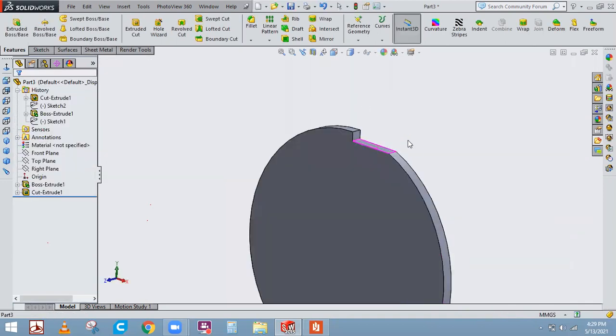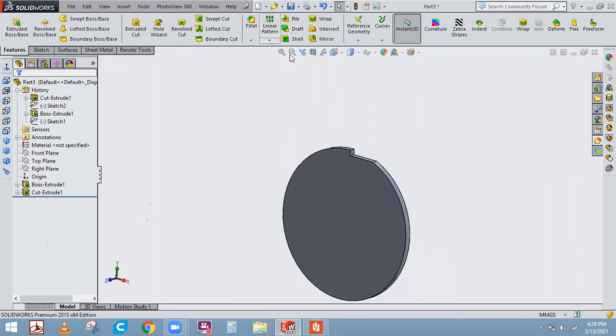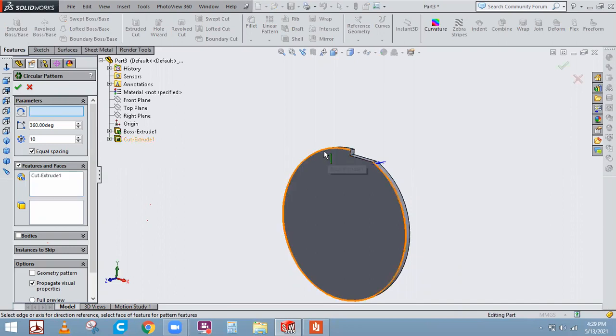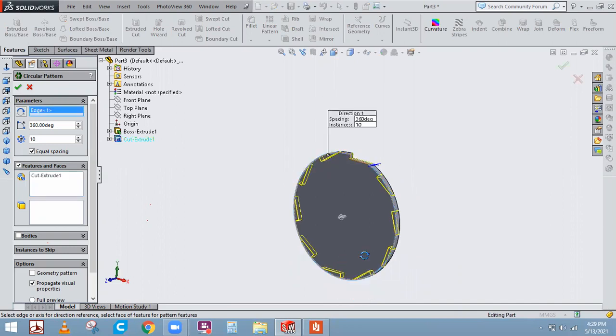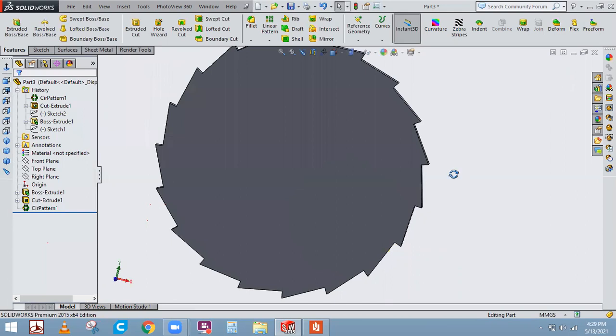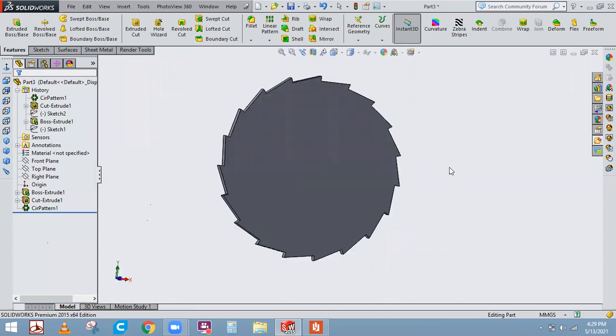Now I'll directly move to the circular pattern here. I have features to pattern. I'll come to this part navigating tree and select this extrude cut as my features to pattern. Then I'll select this circumference of the circle, and you can notice the cutting has been applied, right? Just increase the number of cuttings, and once you say okay to it, it will be cut in a circular pattern. Got it? Yes, sir. Or should I explain this thing again?